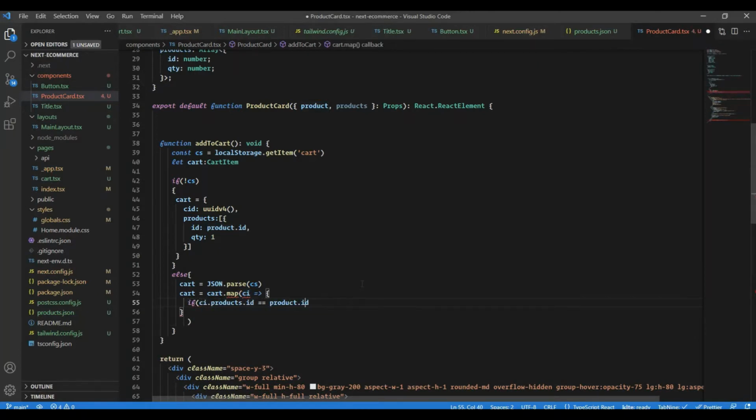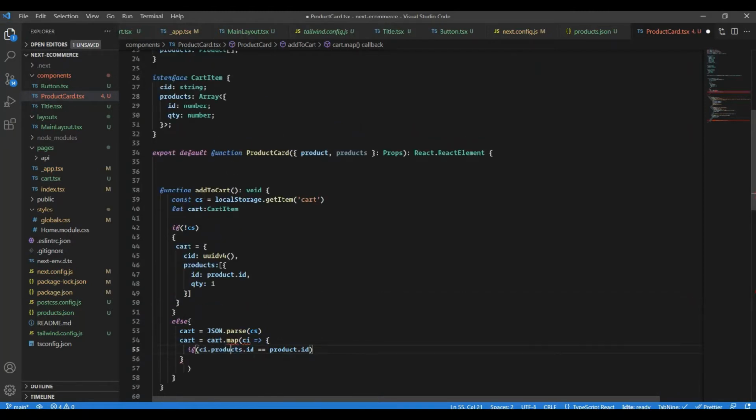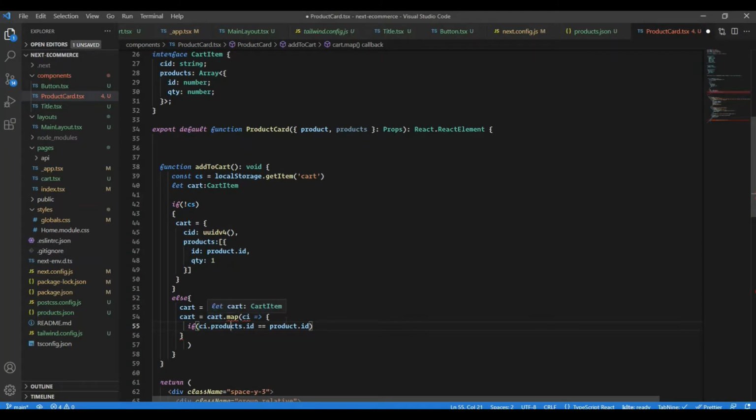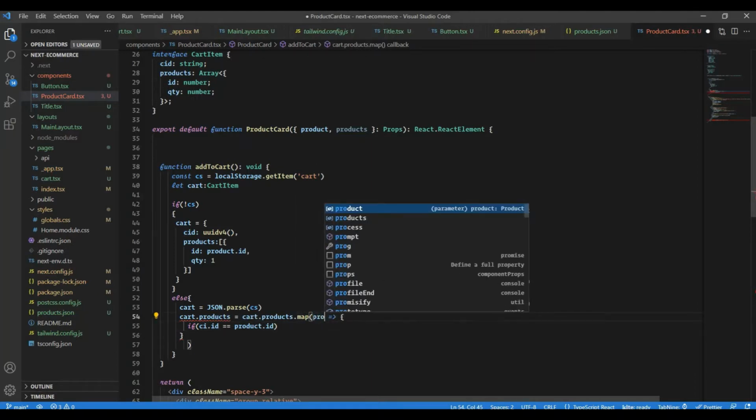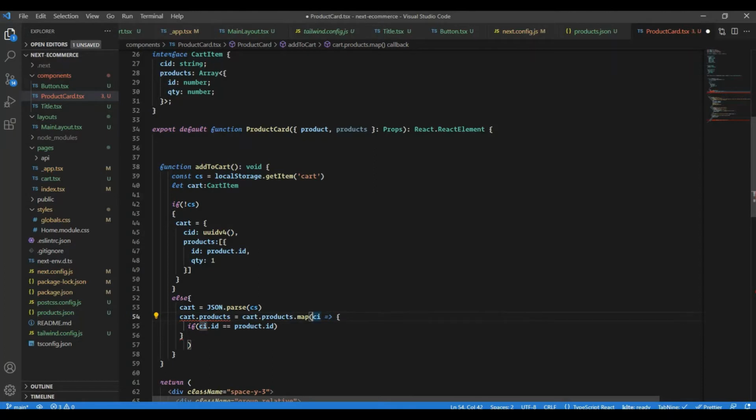So we are checking, okay, for each item in the cart, if we encounter an item whose ID, which means this ID, actually it should be like this, cart.products, and then we can have here also cart.products. Okay, then in that case we don't need this, we can just remove it from here. And we are saying here, okay, for each of this product, so here I can say product or cart item, let's keep it cart item. Now each of the cart item, whichever cart item ID equals our product which is being added's ID, in that case we return